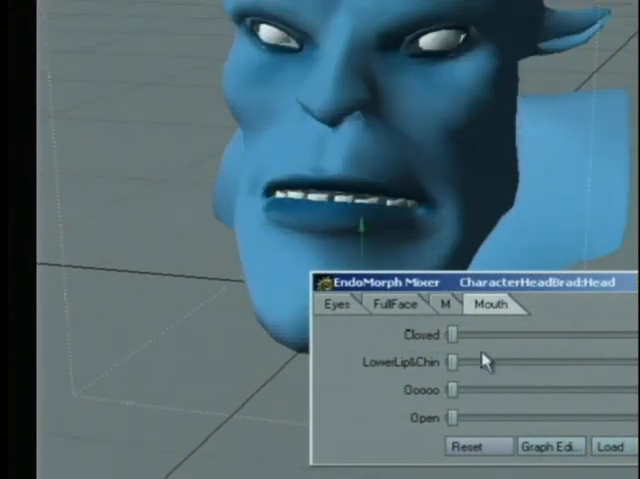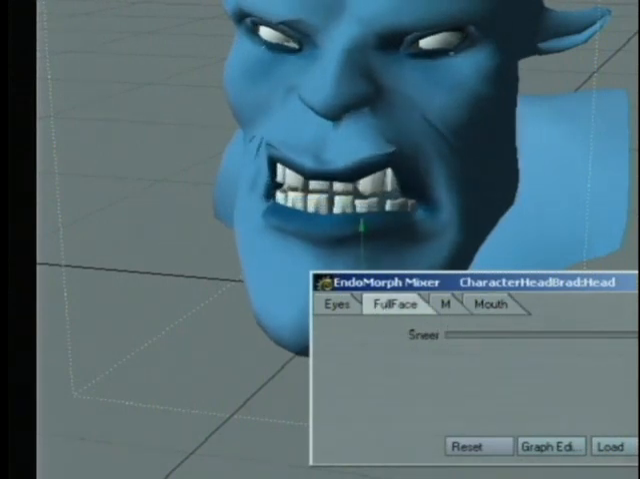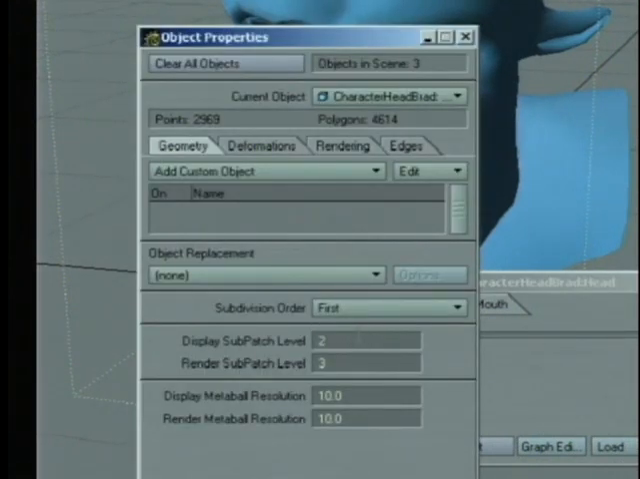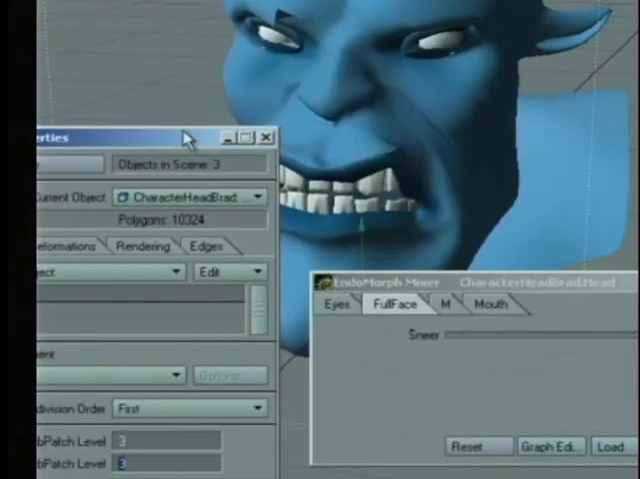Let me just zoom in a little bit here. There we go. So you can see if I close his mouth, we'll go to ooh. If I want to go full face sneer, see how that works. And again, it looks a little rough here, but keep in mind the end result is going to be much more smooth, and we can see that by updating our subpatch display level to match more closely the subpatch render level. Now another thing to keep in mind here, the subdivision order that you find right here,